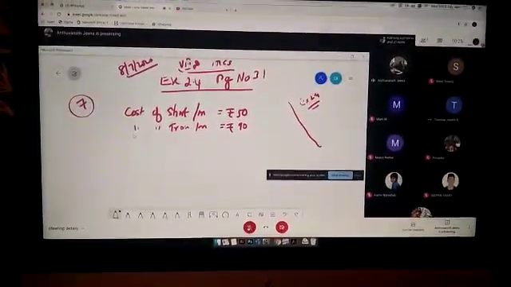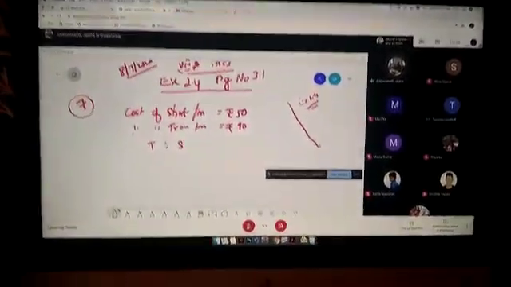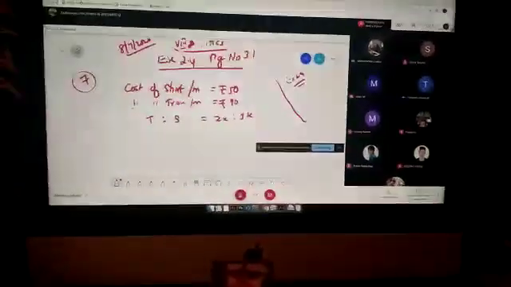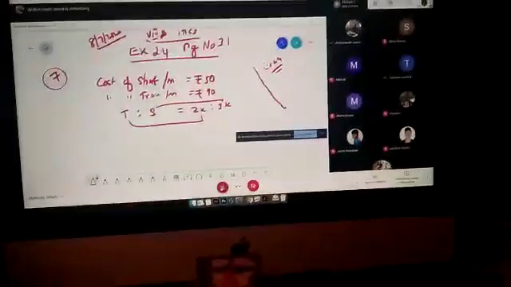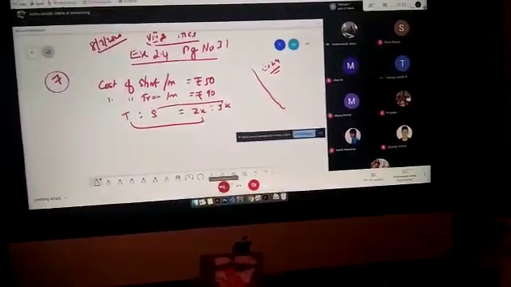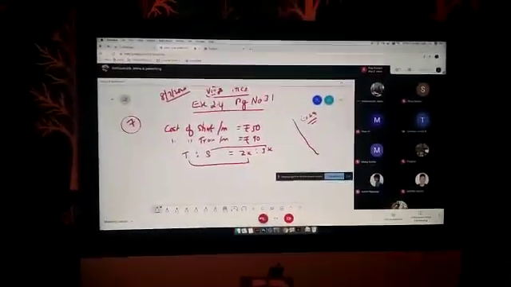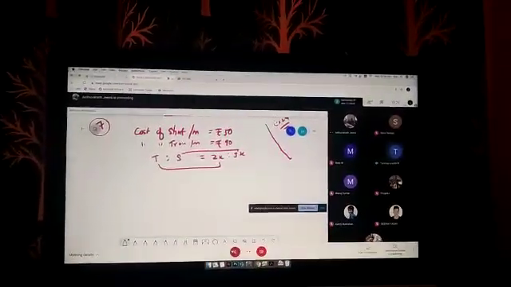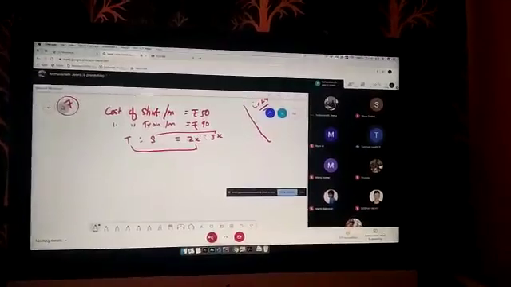Okay, so trouser to shirt, they have some ratio: 2x to 3x. Correct, no? Trouser is 2, am I right? Shirt is 3. Yes. Okay, yes, ma'am. Then he sells the shirt material and the trouser material at 12% and 10% profit respectively.